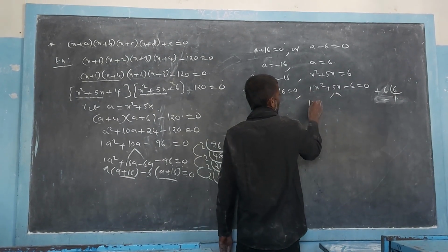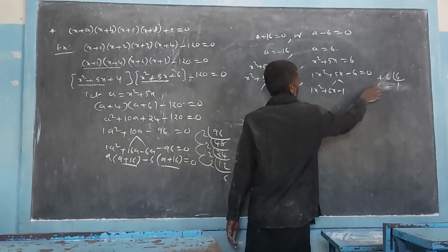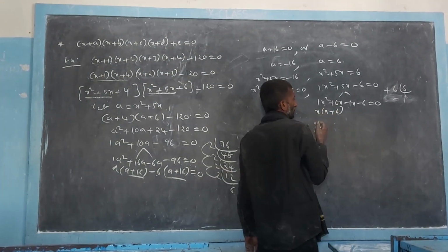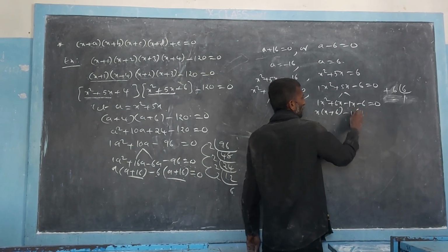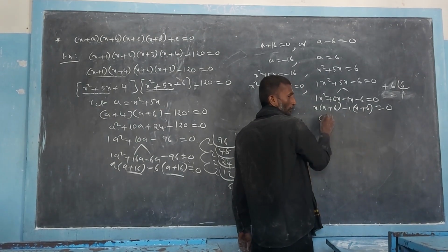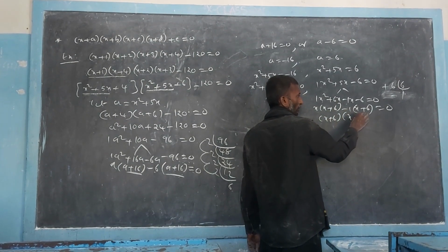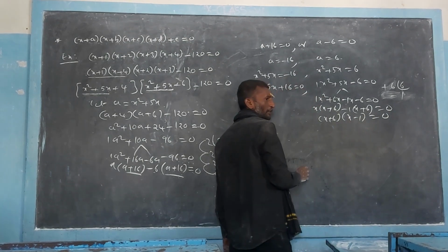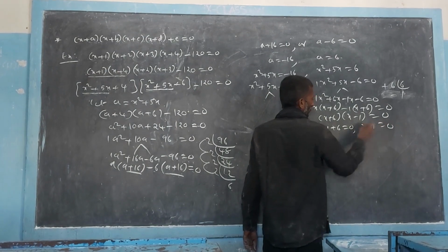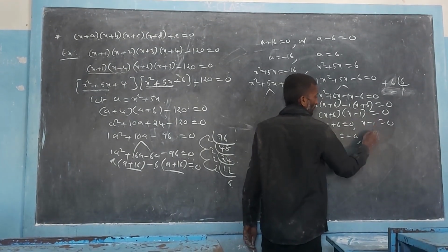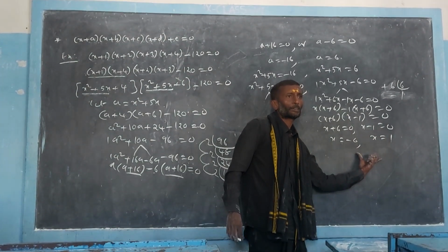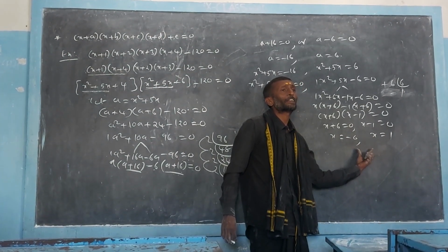So we write x square plus 6x minus x minus 6 equals 0. Taking x common from the first two terms, you write x into x plus 6, and here minus 1 into x plus 6 will come. Finally, x plus 6 into x minus 1 equal to 0. Either x plus 6 equals 0 or x minus 1 equals 0, then you get x equals minus 6 or plus 1. So here we got two real and different roots. Okay? Yes, the roots are real and different.